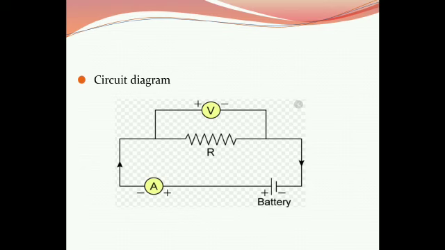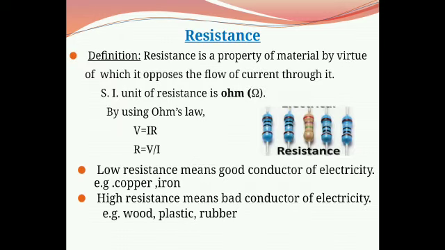And as we know Ohm's law, if the physical state of conductor remains the same, then as voltage increases, current also increases. And if we take a number of readings, then it is observed that as voltage increases, current also increases. But if the voltage is maximum, then current is also maximum.